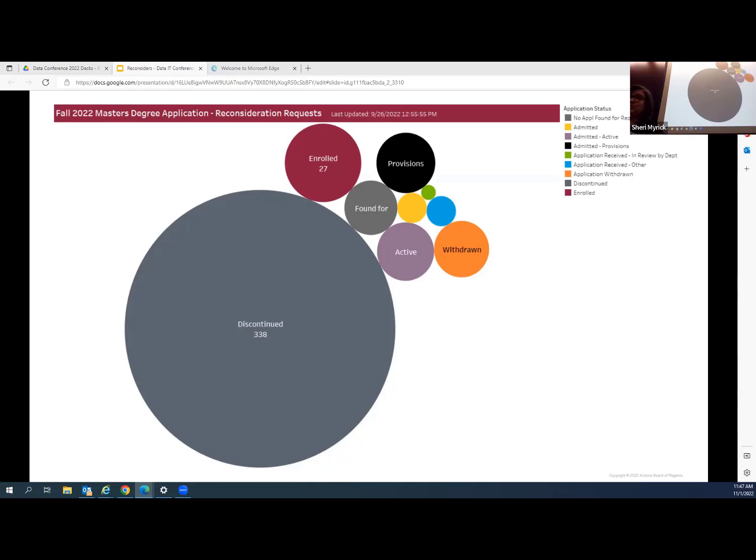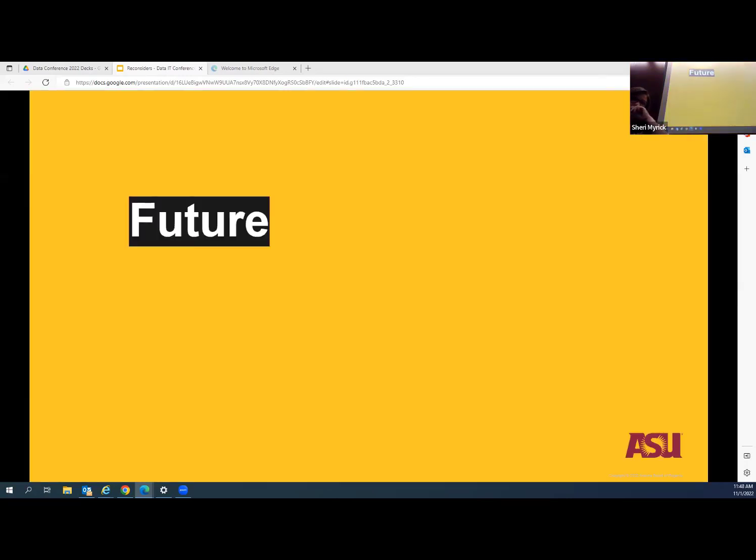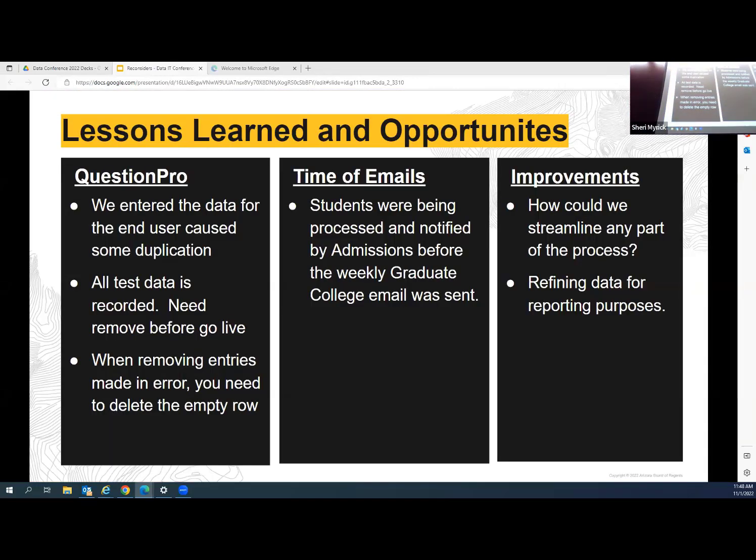Which brought us to our future: we just didn't stop with fall 2022. We looked at, okay, how are we going to do this for other semesters? How can we increase it? Because we did start so late, we knew that was going to be a factor, that people were going to make decisions, so we might have gotten them to them too late to make that decision and come to us. So we expected that. Some of the lessons learned, and some things that we had to consider for next semester, was